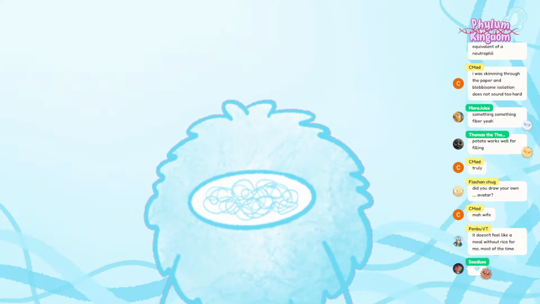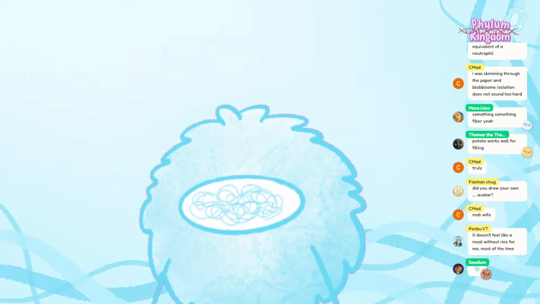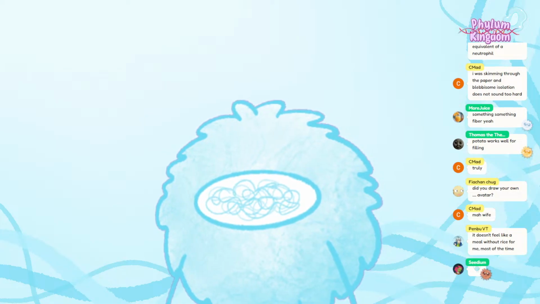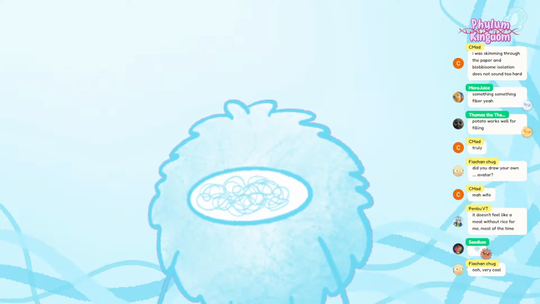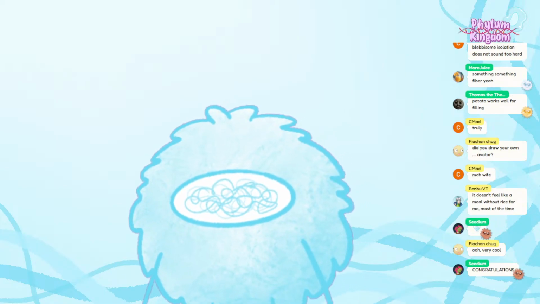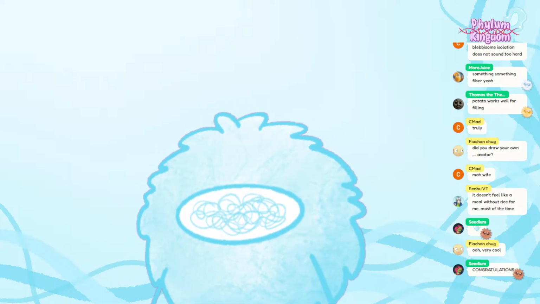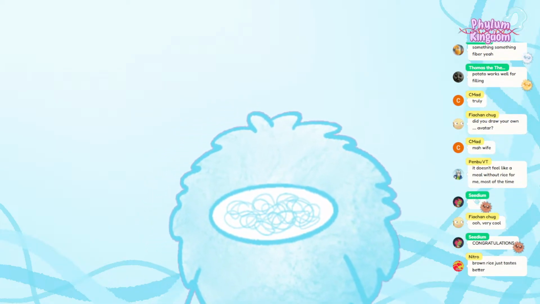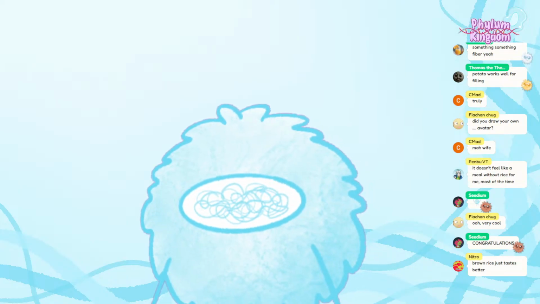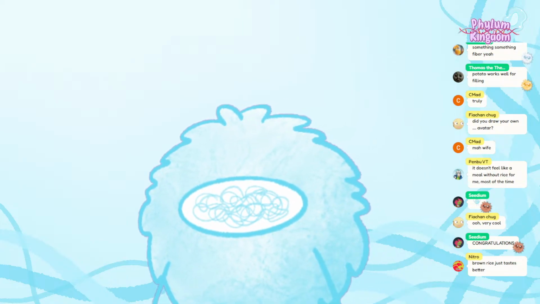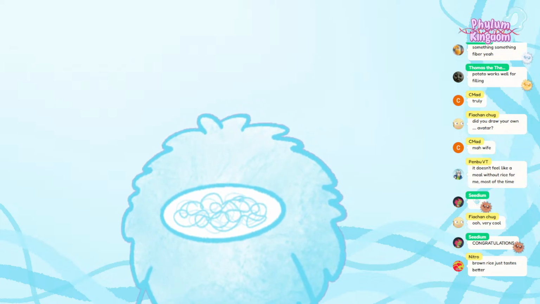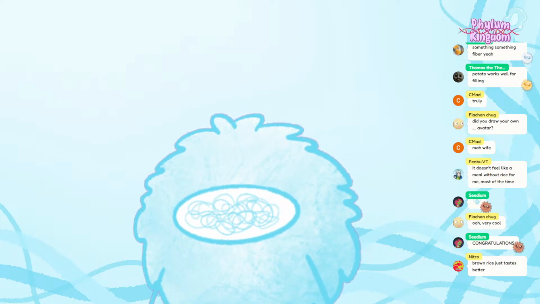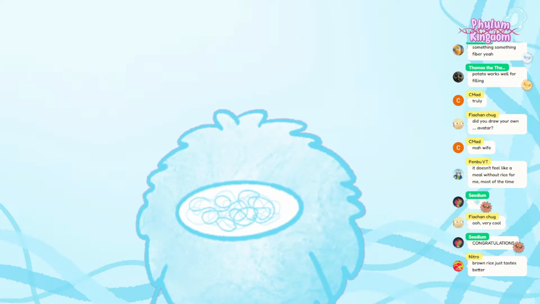It doesn't feel like a meal without rice for me most of the time. It took a long time to, like, I've been moving. So I had a whole thing where I spent several years on brown rice because of the purported benefits of having additional fiber and a better glycemic index, et cetera. But then I worked with professors who were doing research on arsenic and DNA damage, and brown rice, depending on the area it's grown, can accumulate quite a bit of arsenic. Arsenic's not great because it interferes with DNA repair, and so I was like, oh, but I just got used to brown rice. So then I transitioned off of brown rice back onto white rice. But again, white rice isn't good for you either, so I've been experimenting with a lot of other alternate sources of calories, put it that way.